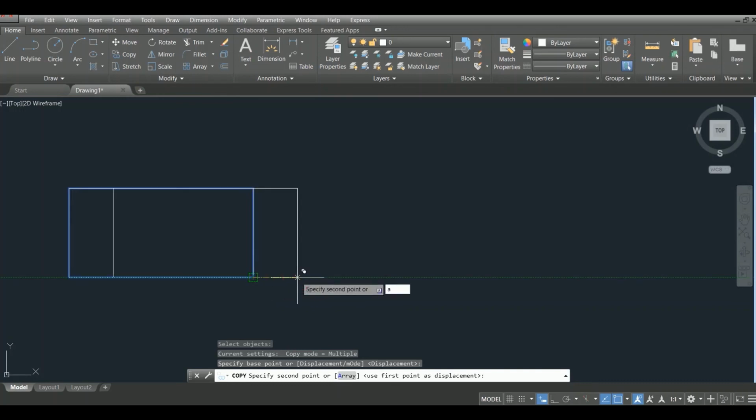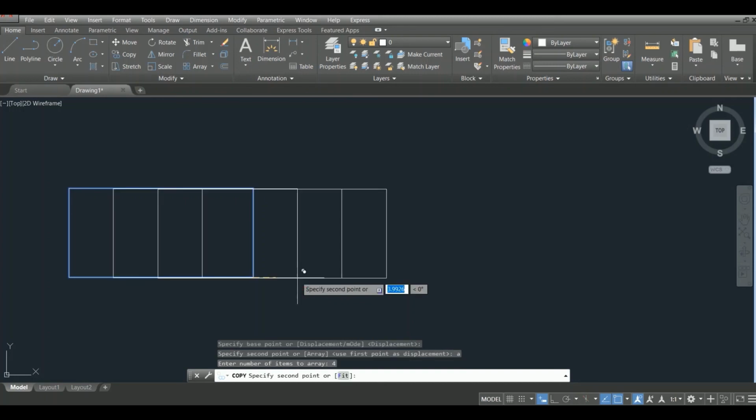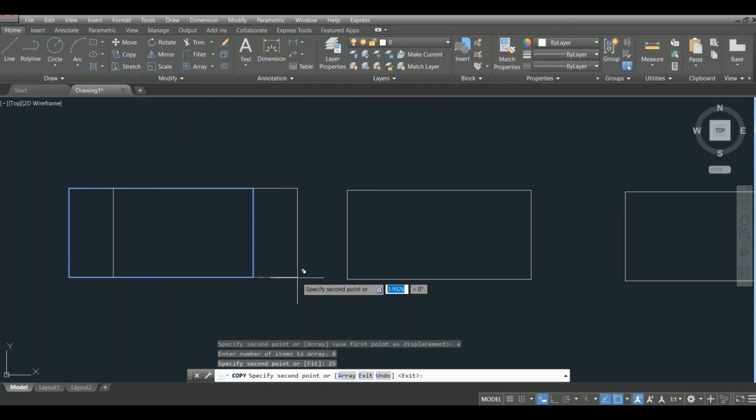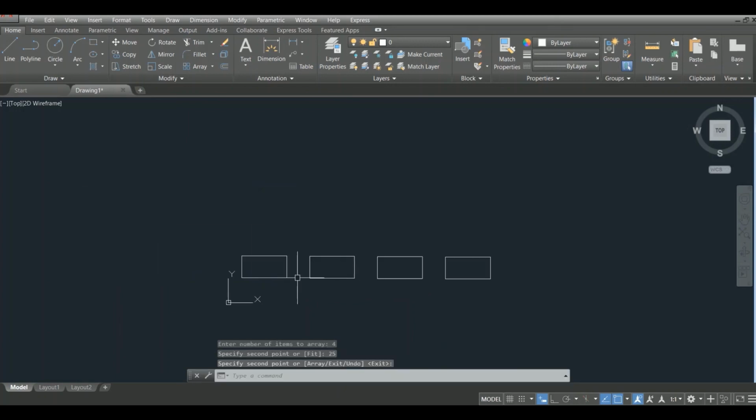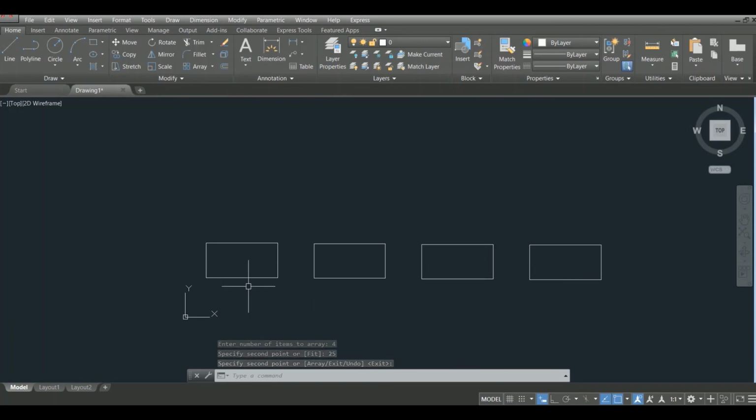I use array, enter the number of items, how many copies of this object. I enter 1 to 4. This is the second point of it. I enter 25 for the distance. There are 4 items at this displacement here.